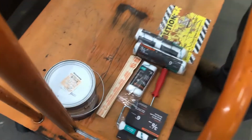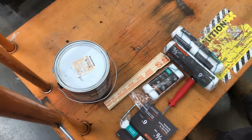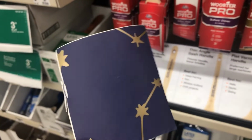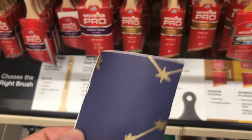Okay, look at this. We got some good stuff. Getting ready to paint. Having a little date afternoon at the Home Depot. So we brought our little wallpaper with us, but when we got that color matched, the sheen of it, I think, kind of threw it off. So we ended up getting a very purple